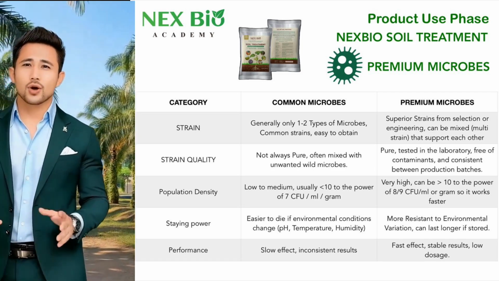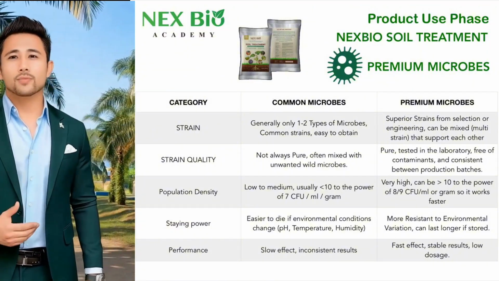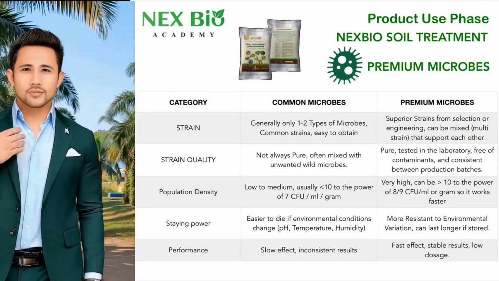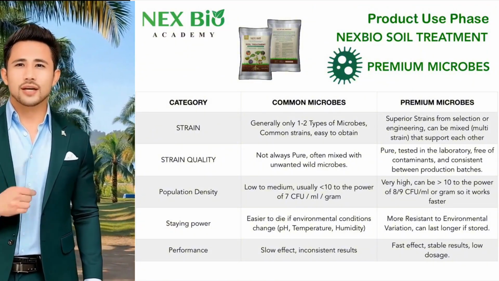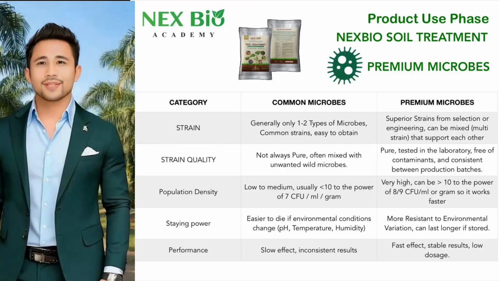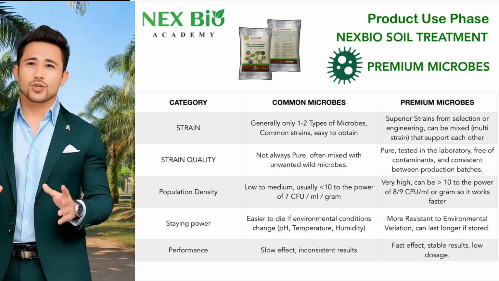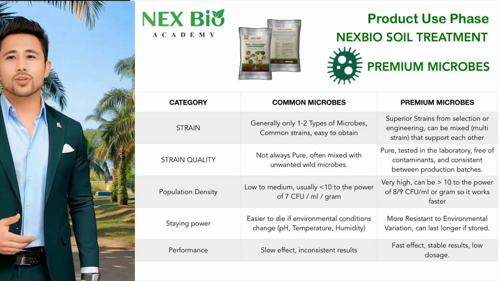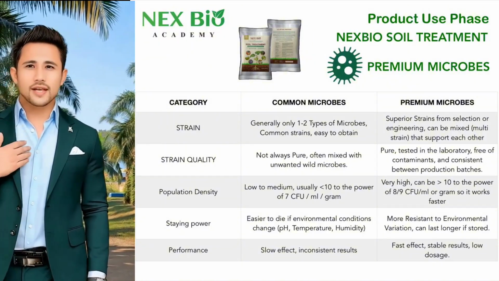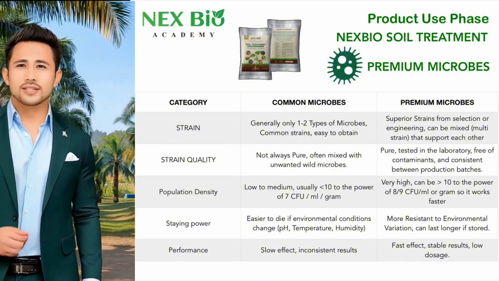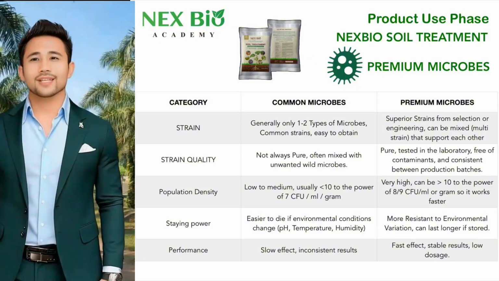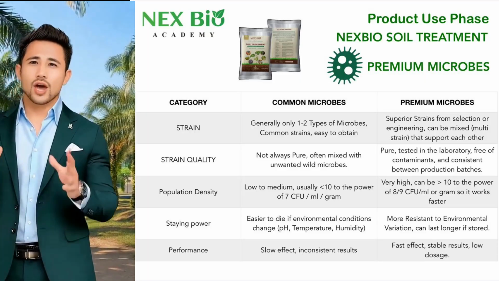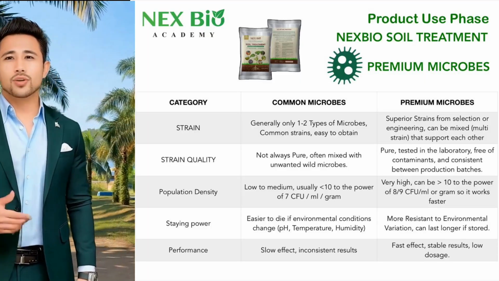The common microbe is low to medium, usually under 10 to the power of 7 CFU per milliliter or per gram. But for premium microbes, the population density is very high. It can be more than 10 to the power of 8 or 9 CFU per milliliter or gram,